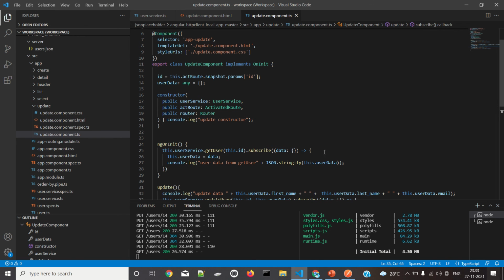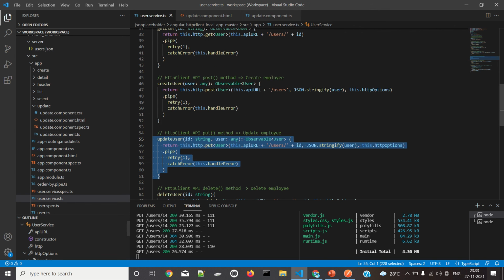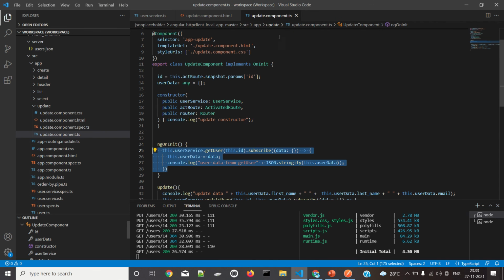First I have a method in the ngOnInit. So which method is this? This method is for getting the user service's get user by id, which will call get user id. Based on that user id, it will get all the user's data from here. So the user data will be coming for this id. Both the id and the JSON string of the user happen here, so both data are coming here.